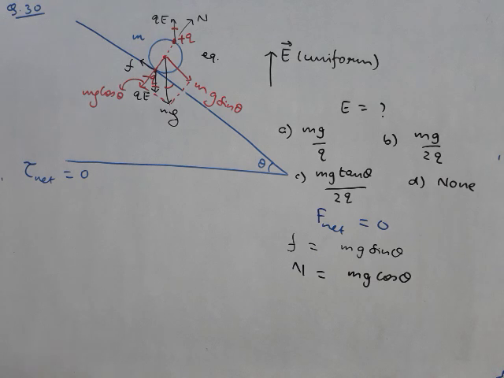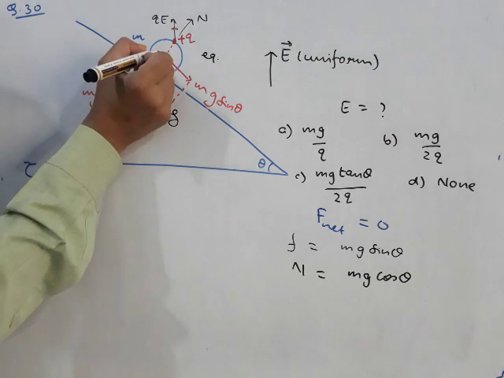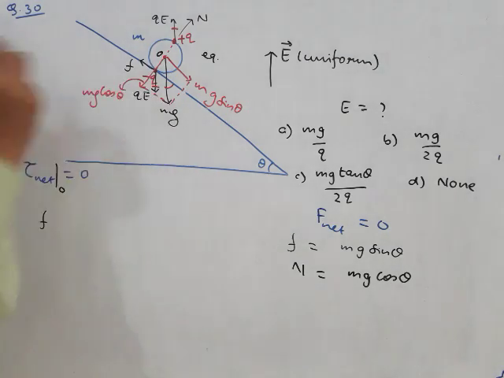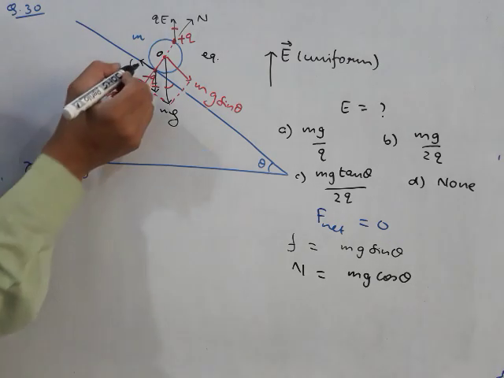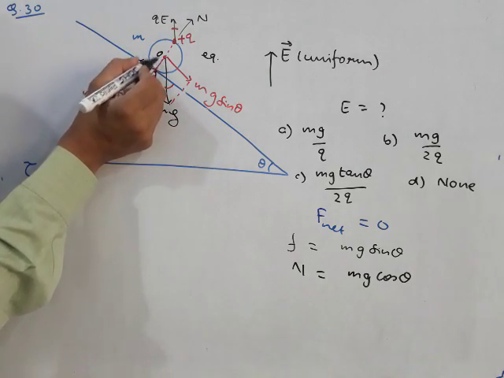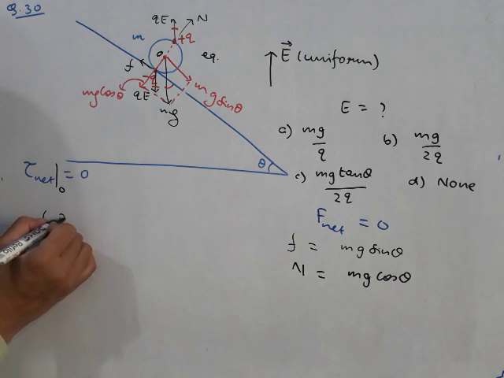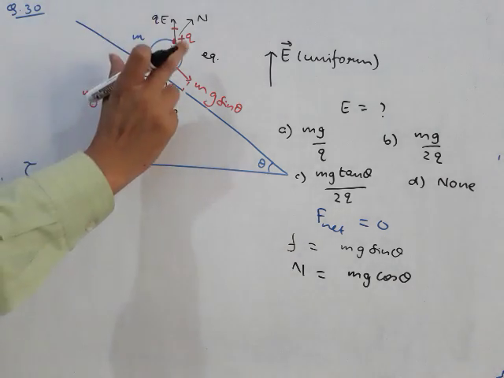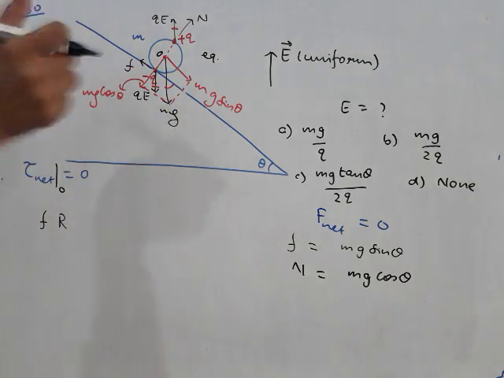Let's talk about torque. We will find the torque about the center of this ring. So we will find net torque about point O. To find the torque, we must understand that all those forces which are passing through this point O will produce zero torque. So the only forces that will produce torque are the frictional force and these two forces, that is QE and QE. The frictional force will produce a torque equal to force into the perpendicular distance from center, that we take as radius, so F into R. This torque tries to turn the ring in this sense, that is clockwise.